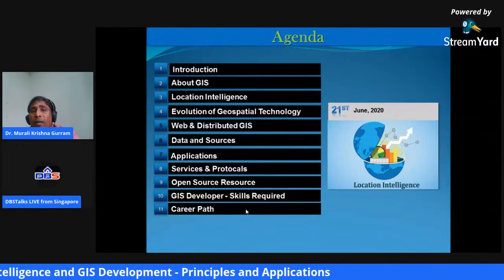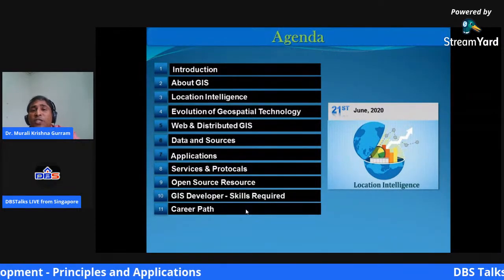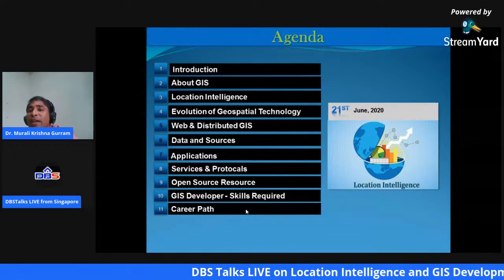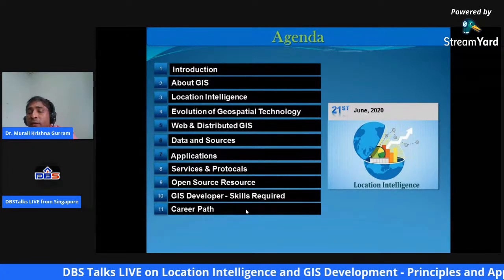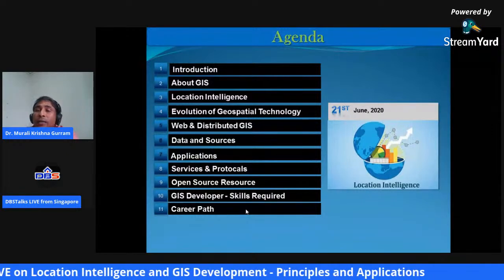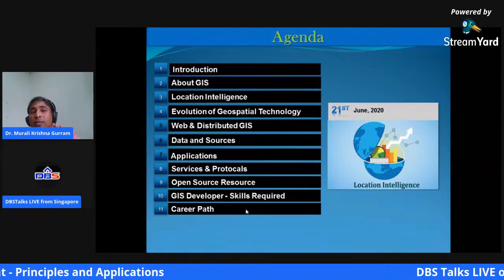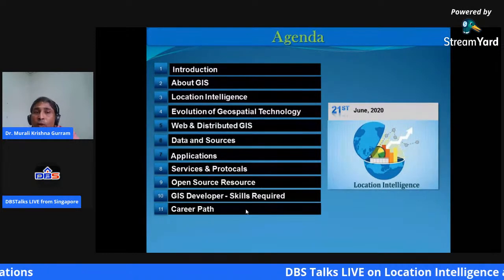What we call today spatial information technology, briefly SIT, is in fact a broad knowledge domain. I would say it is a combination of an art, science, a tool, and a technology.